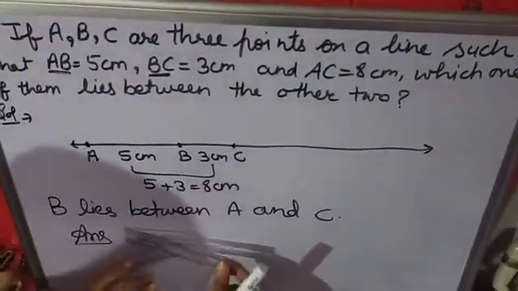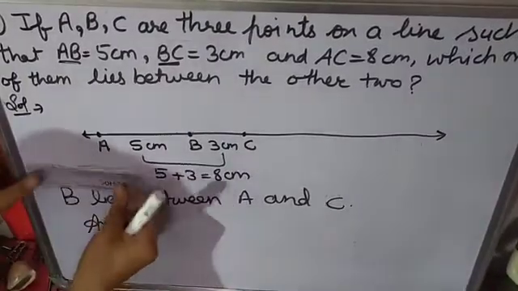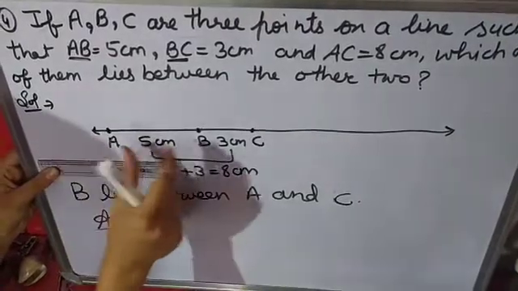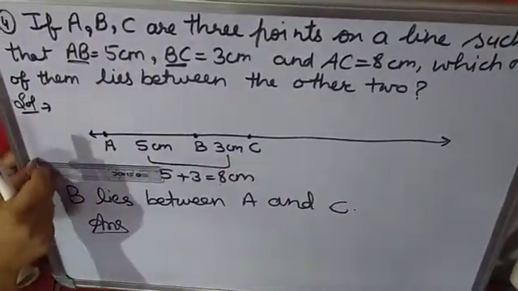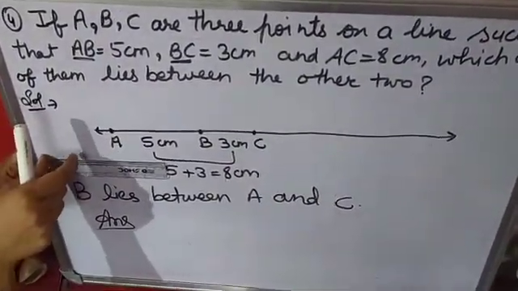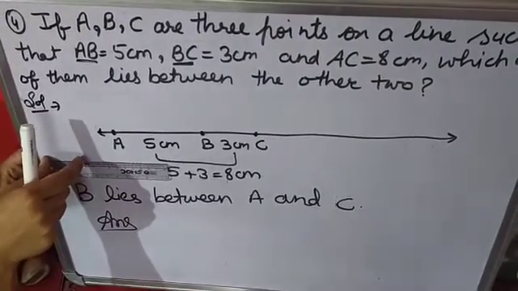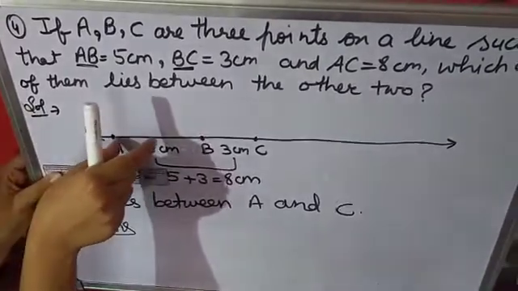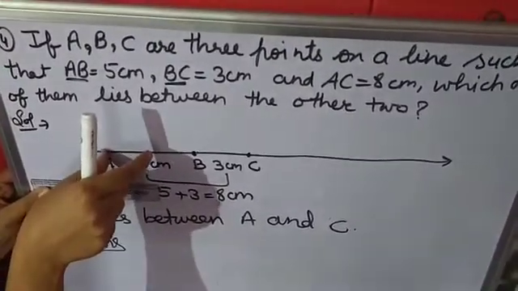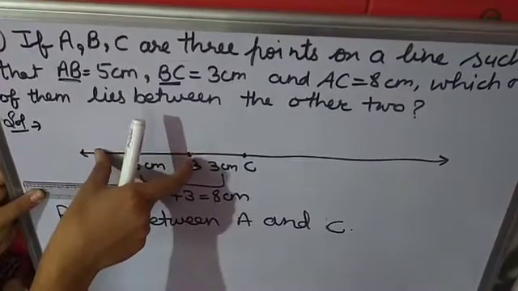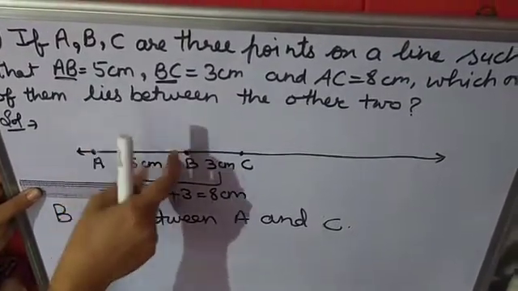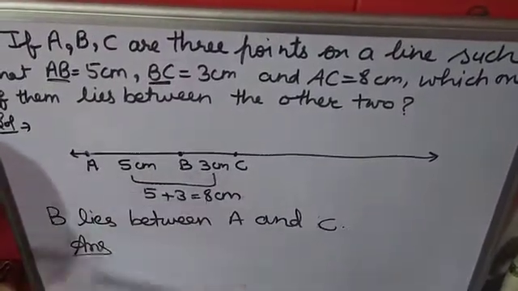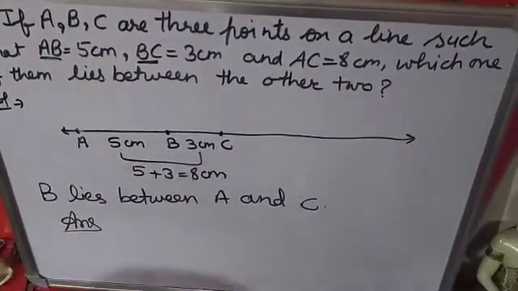ठीक है, how you will use compass? देखो, keep the scale here. If you want to draw AB as 5 centimeter, put the compass needle here and the pencil on the 5. So this is the 5. Now with this measurement, put the needle here and draw an arc of 5 centimeter. So it will be B, that is the 5 centimeters. ठीक है, so you can use compass also in this question.